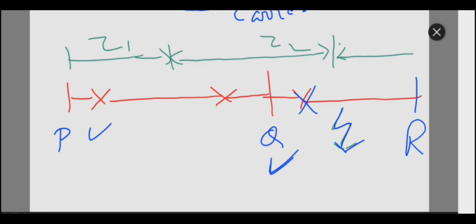And now this relay will not send a carrier signal to the sending end relay, because this fault did not occur in the span of P and Q, but away from Q, that is between Q and R. So this relay will wait for zone 2. If this breaker does not trip, then this breaker will trip. It will not trip in 0 milliseconds, but will wait for its time, that is zone 2 time.